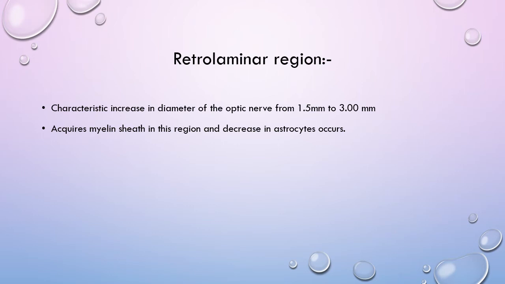What is the clinical significance of this? This myelin sheath can get demyelinated because of inflammation, and this happens in demyelinating diseases like multiple sclerosis. Also, sometimes the patient may have myelination extending to the prelaminar part of the optic nerve. So the retina can have a myelinated nerve fiber layer. Again, that is a clinical condition.